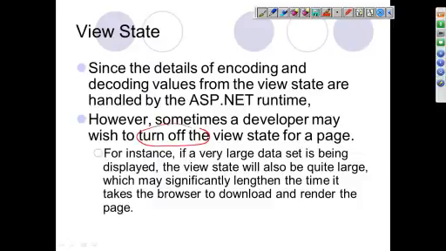Because if your data is large, saving the view state will also take time, so the client response time will be more.